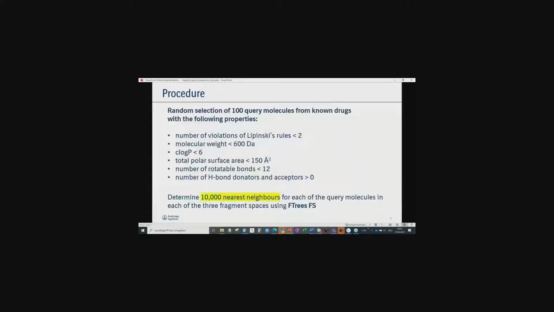So what did we do? We selected randomly 100 query molecules from known drugs with more or less drug-like properties for small molecules. The properties were: number of Lipinski violations below 2, molecular weight below 600 Dalton, CFP below 6, total polar surface area below 150 square angstrom, number of rotatable bonds below 12, and at least one H bond donor or acceptor should be present. And having chosen those query molecules, we determined 10,000 nearest neighbors for each of the query molecules